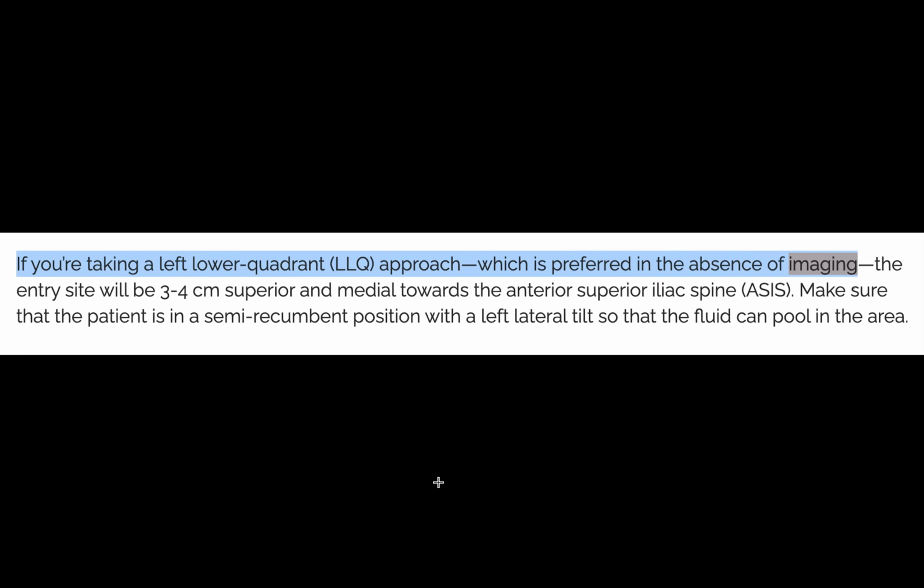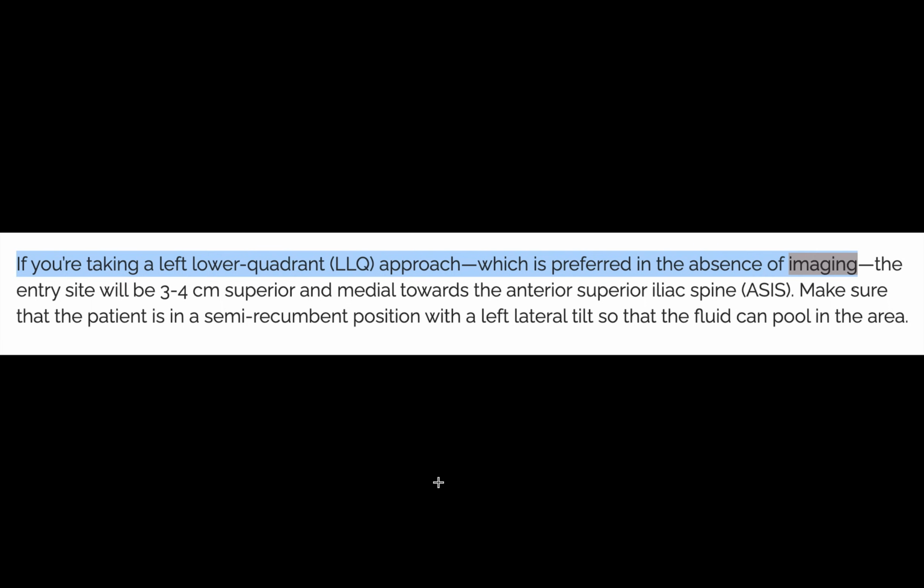So before I go any further, there are just a few things I want to say in mitigation. There are documents out there which state that you can use the left lower quadrant or the right lower quadrant, but what the poster who has made this initial comment may not understand is this absence of imaging issue. So it's very clear that if you're not using ultrasound, you should use the left lower quadrant, and